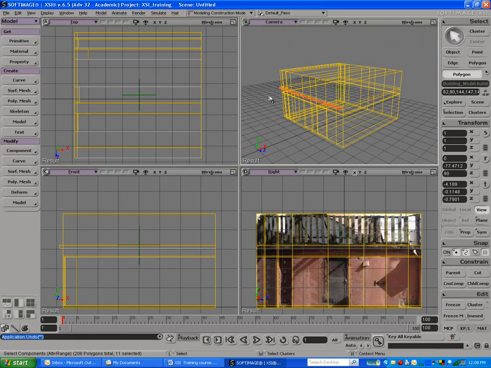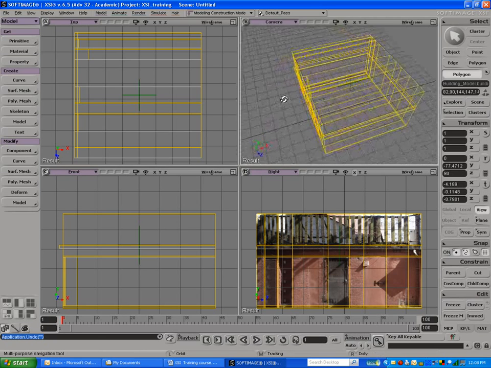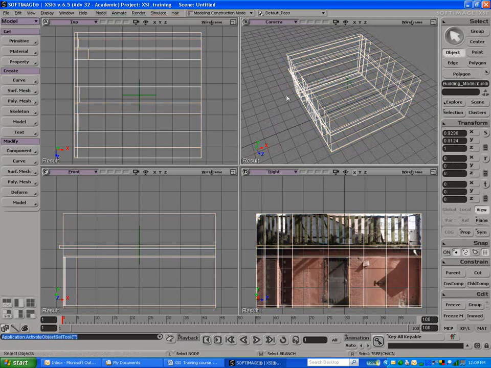So we have the lower portion of this done, and we haven't done too much to the top portion yet. I actually want to make this fence piece as well and bring this section down so it looks like there is a fence along there. So what we'll do here is we're going to split along the top and then bring this down. I'll show you how we'll do that. So we're just going to move the camera around so we can get a good angle for that. Pick the object. We're going to go to a split, let's say,